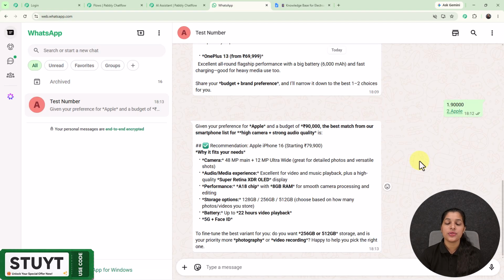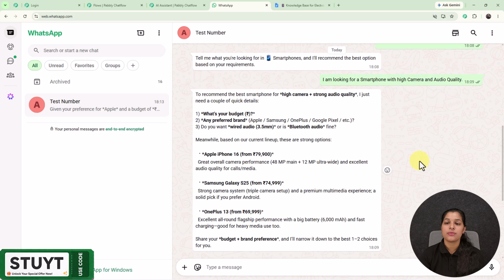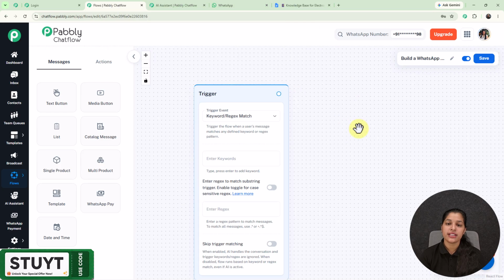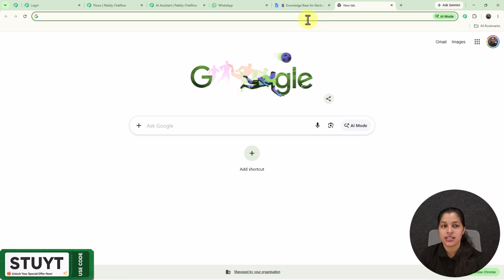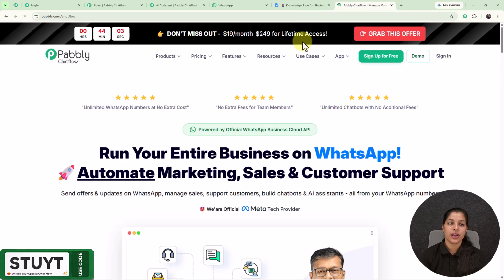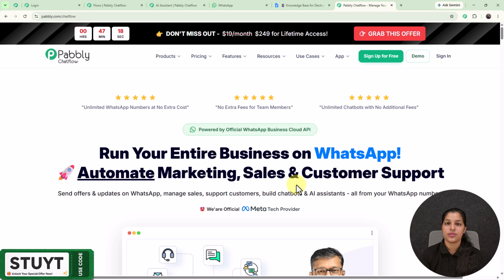So now let me show you how you can also create this WhatsApp chatbot for your business too. And now for that you have to move towards the flow page of Pabbly Chatflow with me. So right here I'm on the flow page, which you can get by entering its URL in a new tab, that is pabbly.com/chatflow. And once you enter the URL, you will land on the home page of Pabbly, where